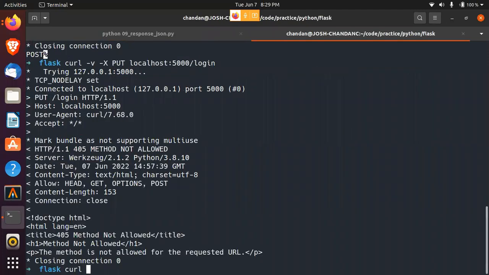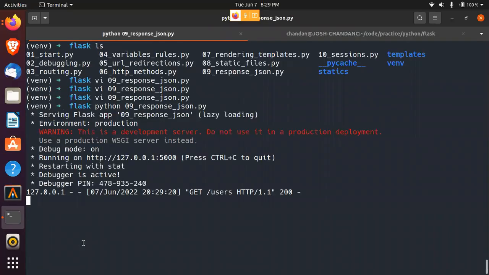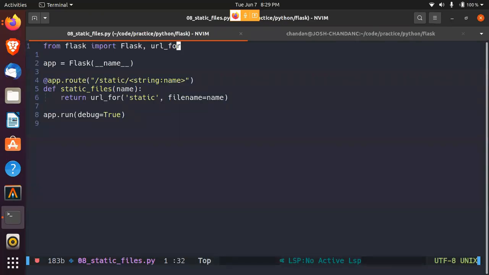and call it with curl, we get back the JSON response that we were returning. So it is being converted to JSON and we have got the JSON response as expected. So let's now cover some of the simple functions that are